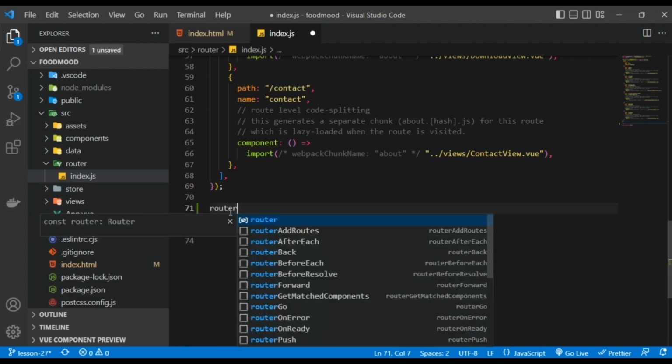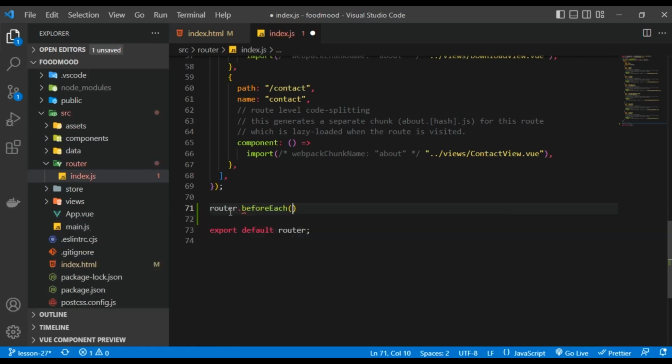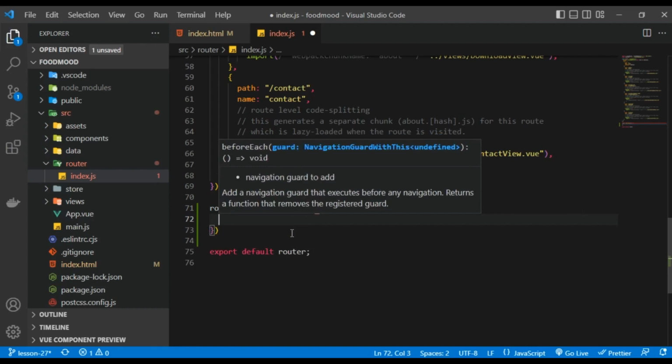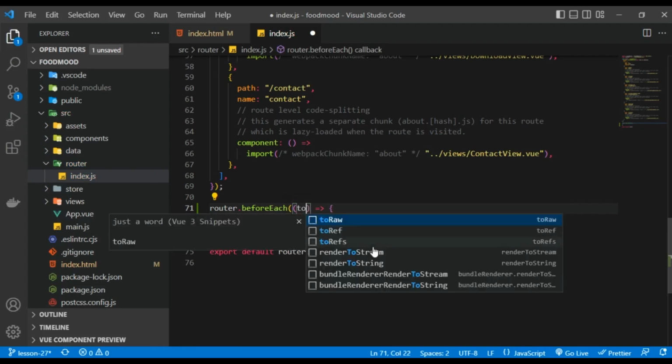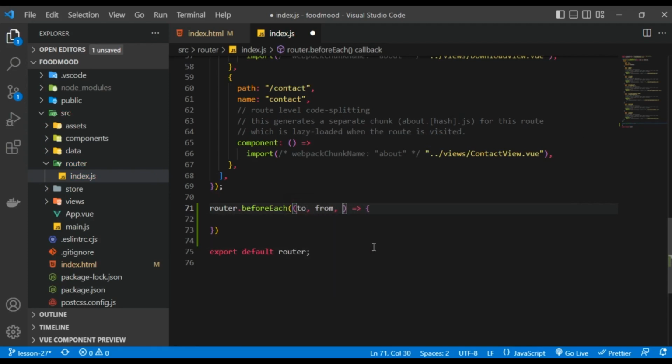We're going to do something such as router.beforeEach. Now this is basically a function that we can run, and inside of this we are going to take in a callback function. So it goes like this. Now inside of the callback function we have three main parameters. The first is the to, the second is the from, and then we have next. Right before the end of this particular function we're going to call next, just to let the Vue router know that we want you to actually move to the next thing in